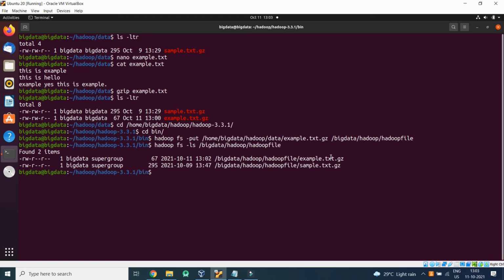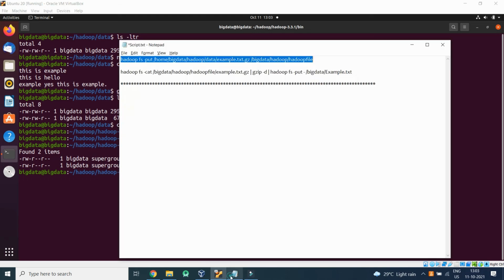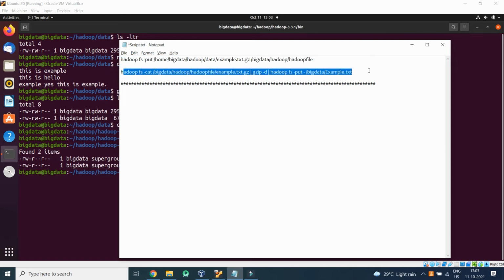So here you can see I have example.txt.gz which is created just now. So now let's use this example.